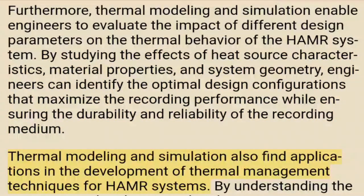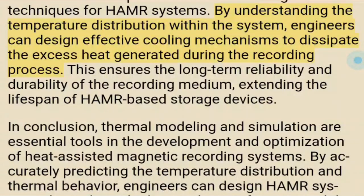Thermal modeling and simulation also find applications in the development of thermal management techniques for HAMR systems. By understanding the temperature distribution within the system, engineers can design effective cooling mechanisms to dissipate the excess heat generated during the recording process. This ensures the long-term reliability and durability of the recording medium, extending the lifespan of HAMR-based